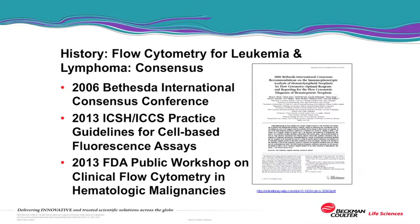However, by 2006, it was clearly recognized that we needed to have some idea of how much agreement there was. And so in 2006, I actually get to participate in this one. A group met in Bethesda, Maryland. This was an essentially global but largely European and North American effort to agree on which markers would comprise the core panel for